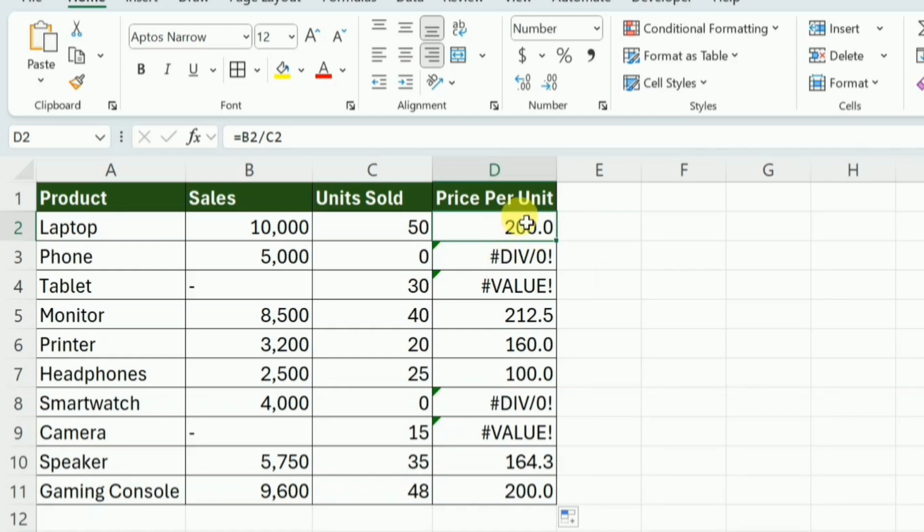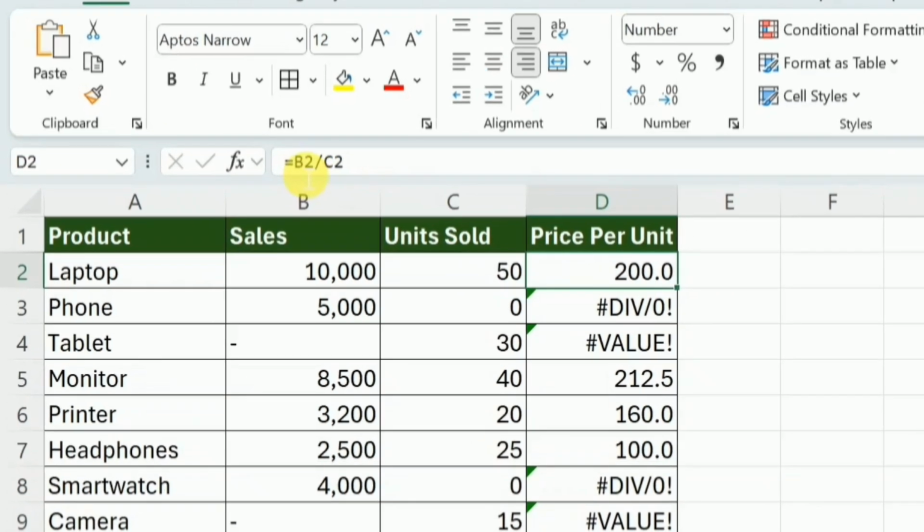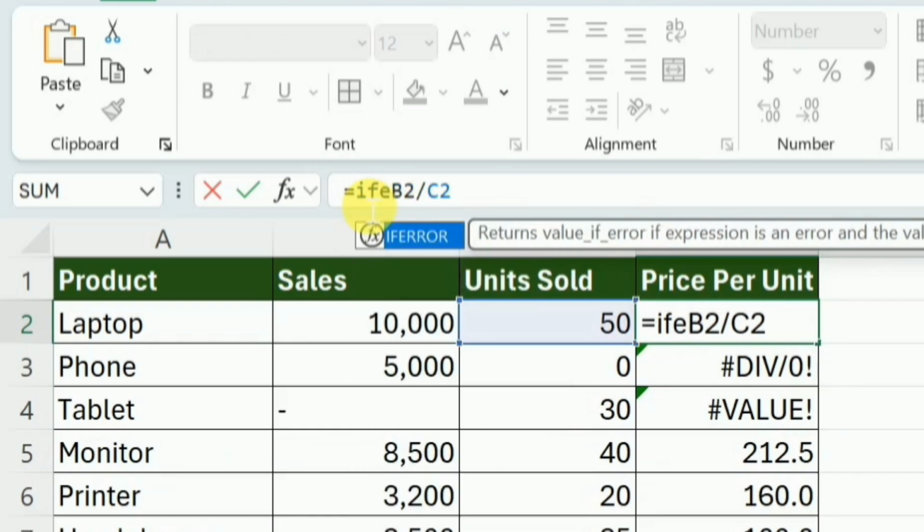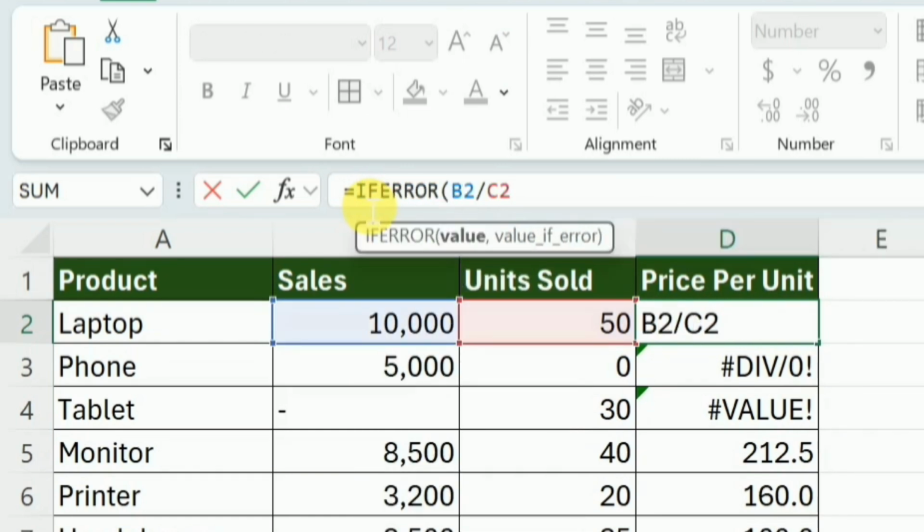If we want to make our data sheet clean, we can enclose this formula using the IFERROR function to remove these errors. For this purpose, I will go to this formula bar, and here after equal I will write IFERROR and then pass this formula as value to this function, and after this I will put comma, and next is the value that I want to appear if this error occurs. So in this scenario I would like 0 to appear, so I will write 0, close this bracket and press